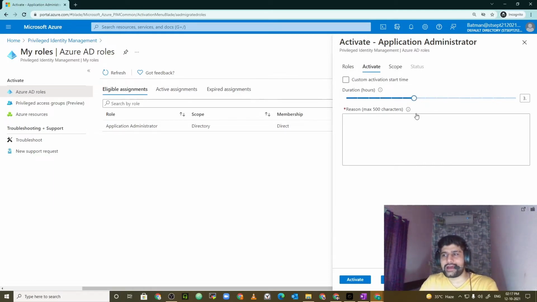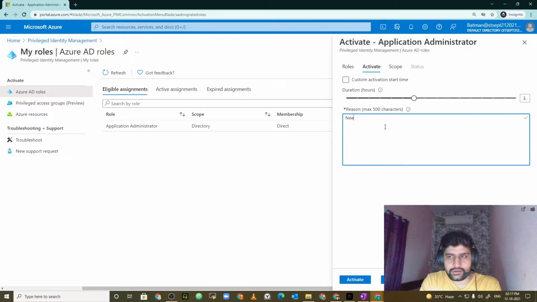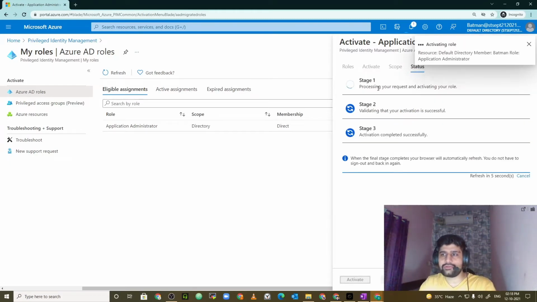So let's say I only need access to this role for 3 hours. So I can go over here and define the number of hours. And I will say, need to create a new application as an app administrator. So I'm assigning this role, and you can see, click on activate, and it will take 3 stages